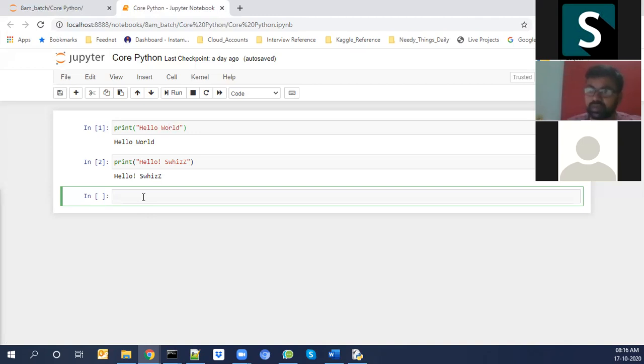Initially we'll go with the basics of Python. First we'll understand the syntax and indentation space, then we'll enter into the data types. So first, Python syntax: how we need to write.